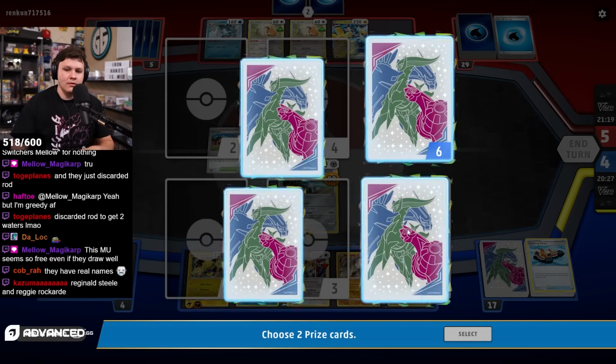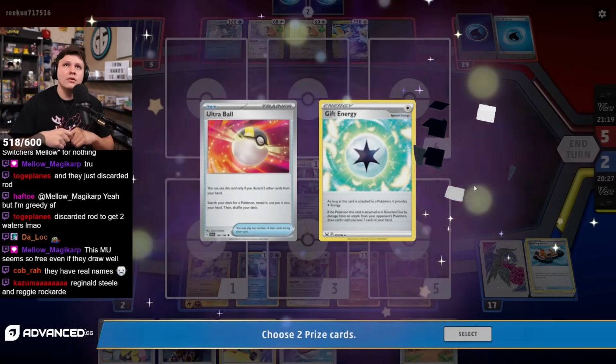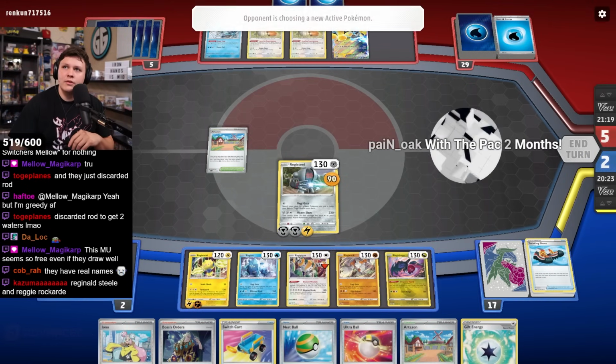Gundam Wing 10. Welcome to the Rat Pack. We're all out of celery. Got plenty of